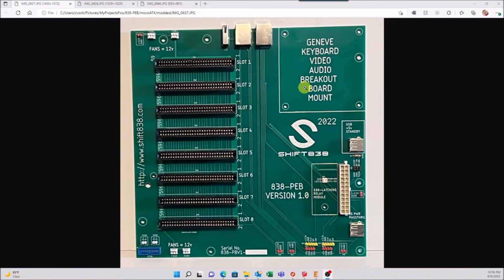So for the mid-tower case that I have, with the current 838IO Plus card that plugs into the PEB, my power supply was actually in the way. And I looked at a couple of other mid-tower cases, and even if the power supply was mounted at the bottom of the unit, the top of the actual PC case was still in the way. I could not plug it in without it really bending, and I didn't like that. So I kind of redesigned the card for an ATX. So I made a little smaller card, and it's really shorter. So let me show you that,